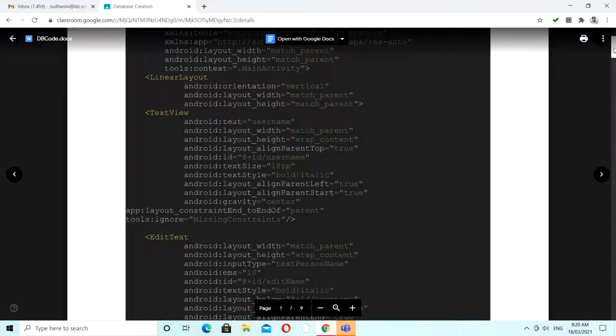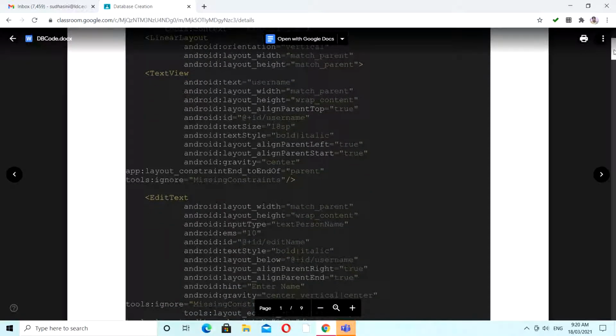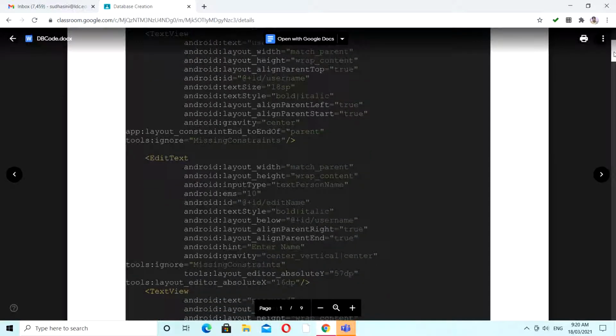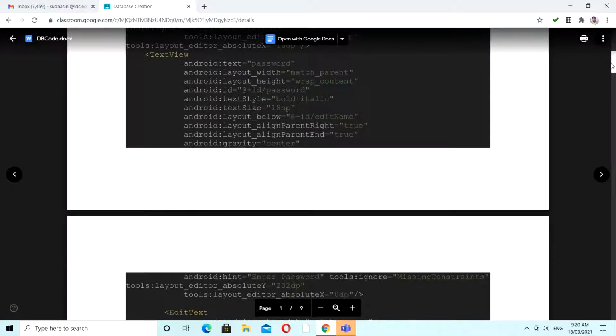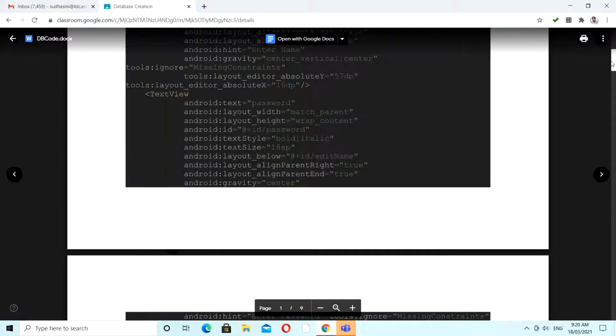So we can give any layout options, not only a linear layout. By default you have a constraint layout. So designing is up to you. Any kind of design you can make. It's not going to interrupt your SQL code. Probably people are well aware of it, so you can give your designing part.